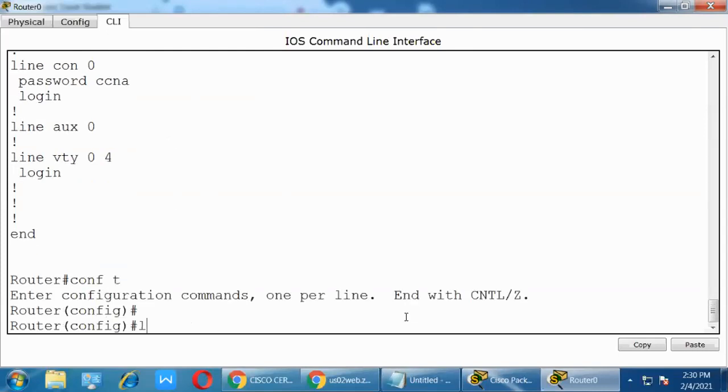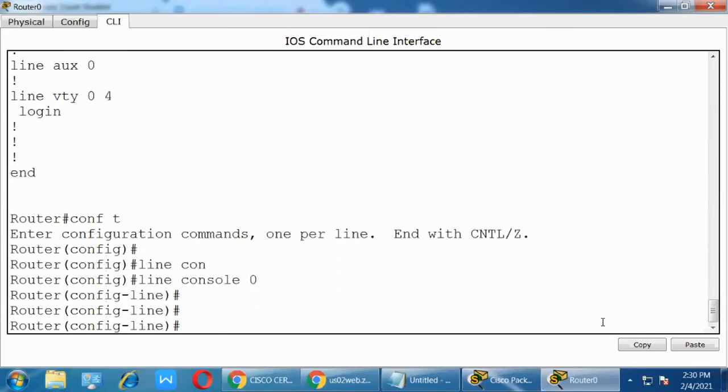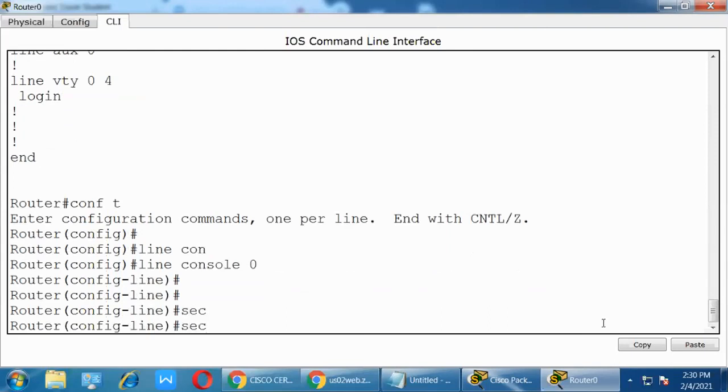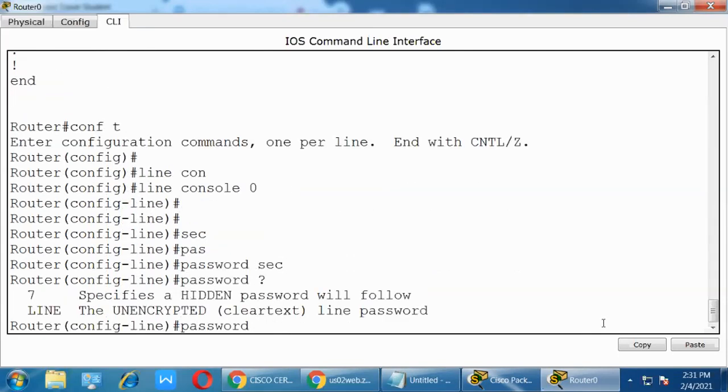Config t, line console 0 here. Before that, I will show you. See here, one is hashing format, one is encryption format. We can configure hashing format and encryption.